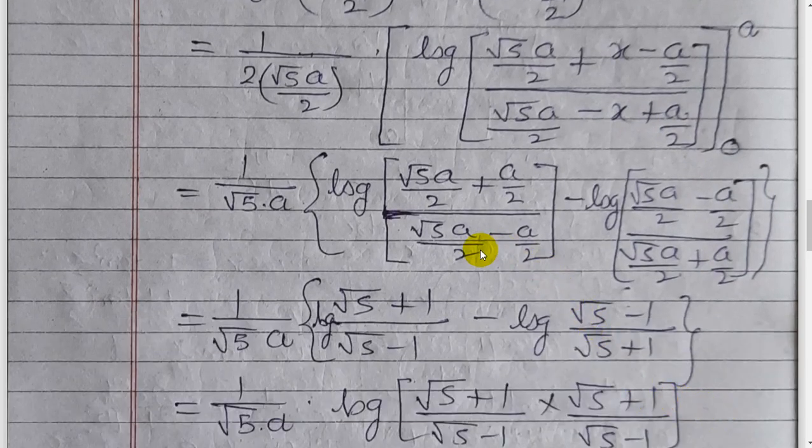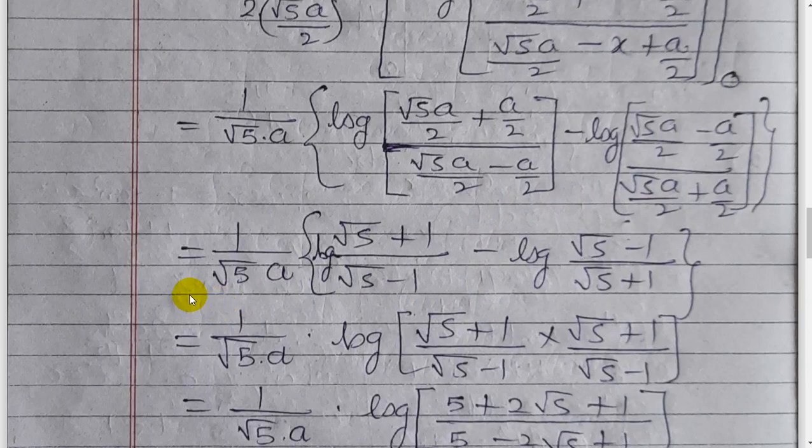Now we simplify the logarithmic terms. Here it is of the form log m minus log n, but before this we cancel a's in the denominator because they are common and they will cancel easily. So I equals 1 upon root 5a into log of root 5 plus 1, because a by 2 is common, a by 2, a by 2 common, and they will be cancelled. Here also a by 2 is common in the numerator and in the denominator, and they will cancel each other easily. So I equals 1 upon root 5a into log of root 5 plus 1 upon